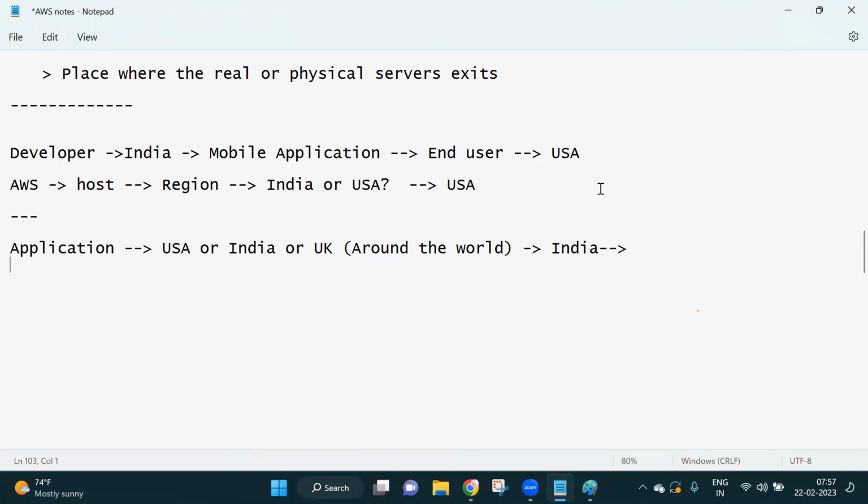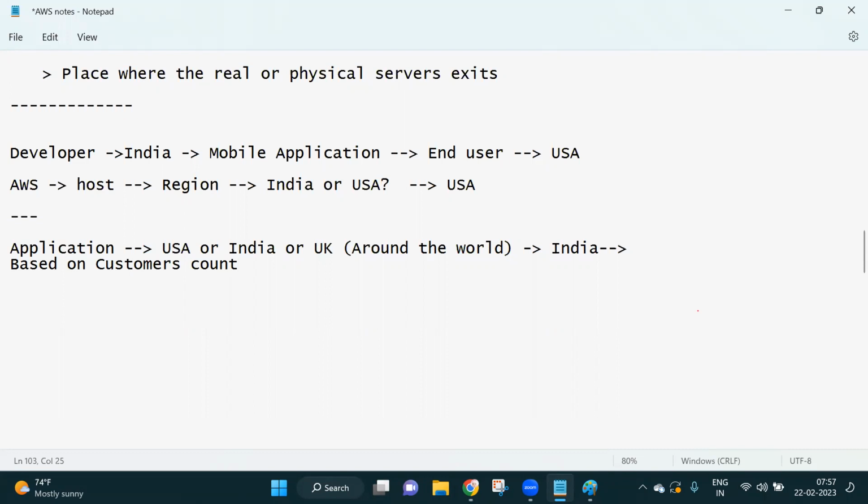So, in that case, you have to select the region based on the customer place. Dinesh Kumar, I said, right, you have customers in USA, India and UK, everywhere. Throughout the world, you have customers. So based on customers count.